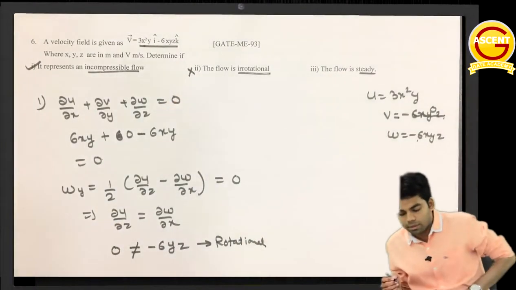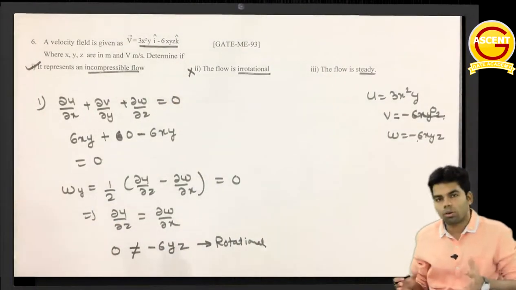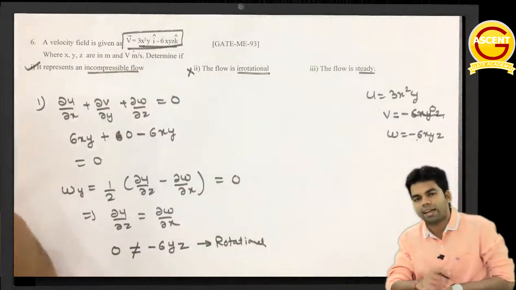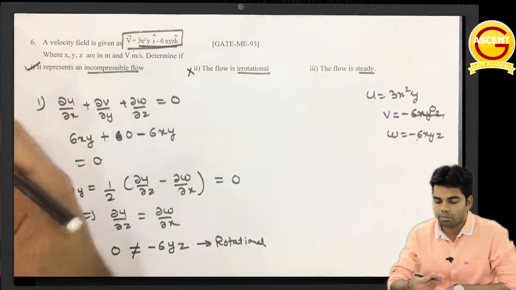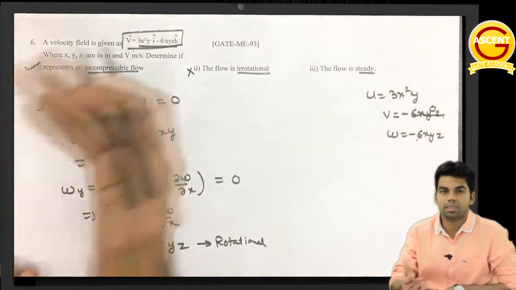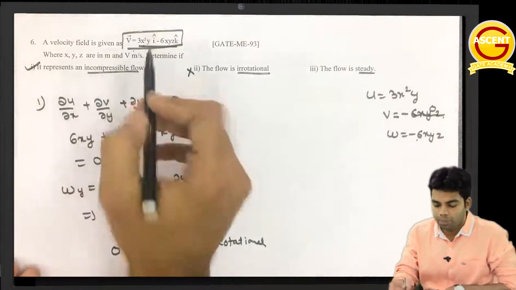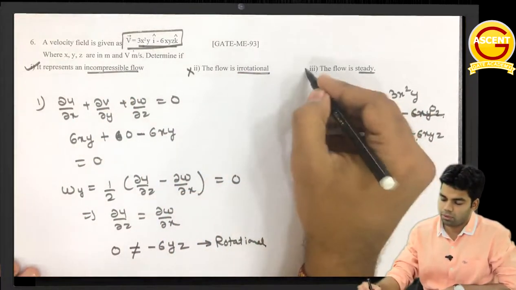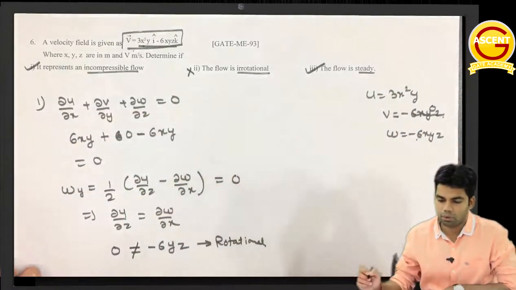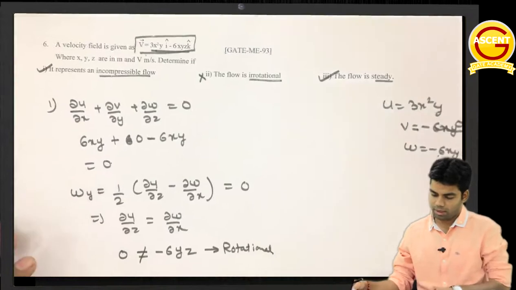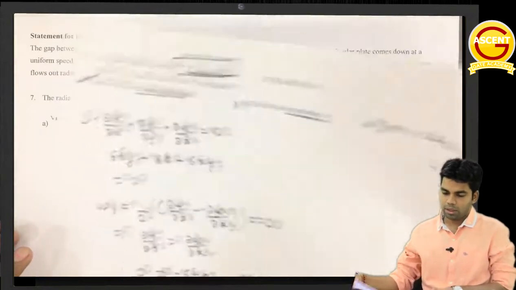Now whether this flow is steady or not, that can be checked directly from this. If it involves a time term, t term, then it will be an unsteady flow. That means it is changing with time. Because this is not involving any time term, this is a steady flow. So the flow is steady and the flow is incompressible. Getting this? Okay, so this is how we can check it. Clear or not? Okay, next question.